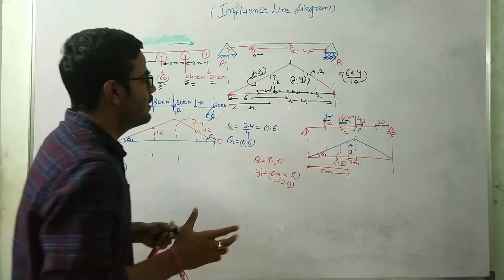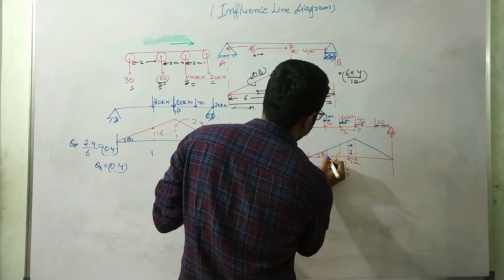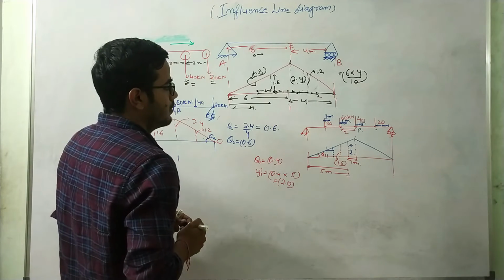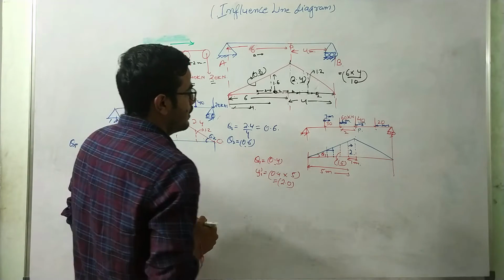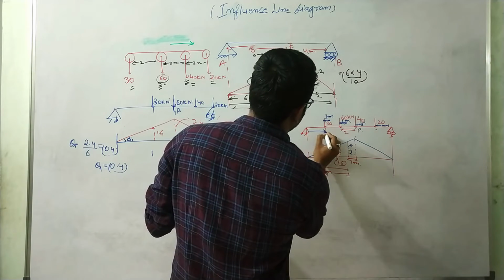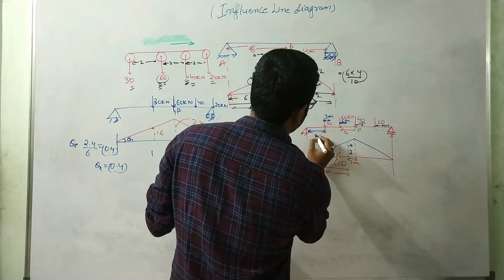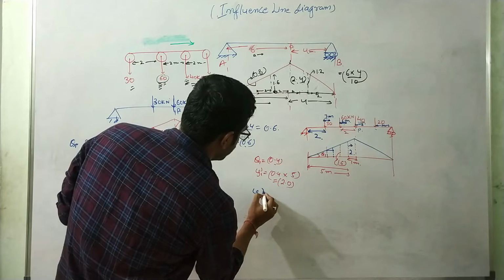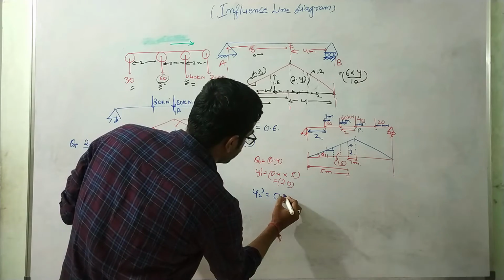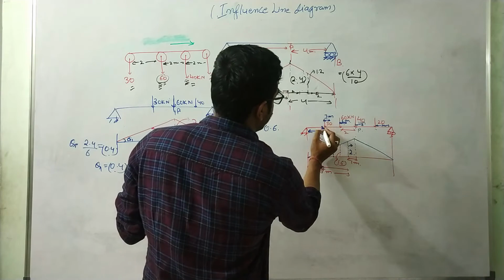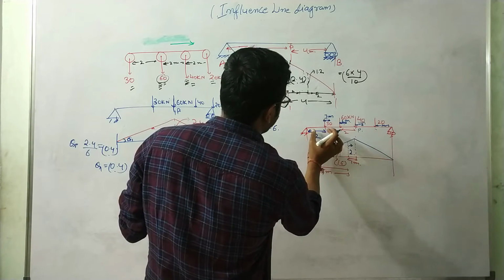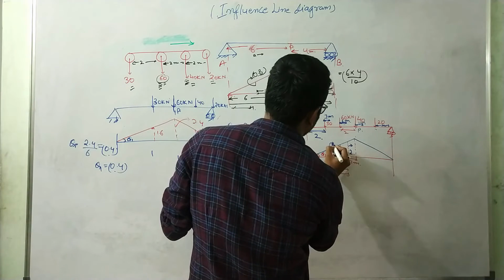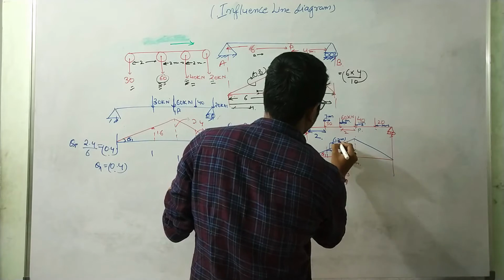Okay. Similarly, when this 30 kilonewton load moves by 1 meter in this direction, this is our new ordinate. And this is 2, this is 2. Okay. So if θ1 is again, and let us suppose this is y2 dash. So y2 dash will be nothing but 0.4 into, this 30 kilonewton load is moved by 1 meter, so this distance will become 3 meters. So this will be 1.2 meter.